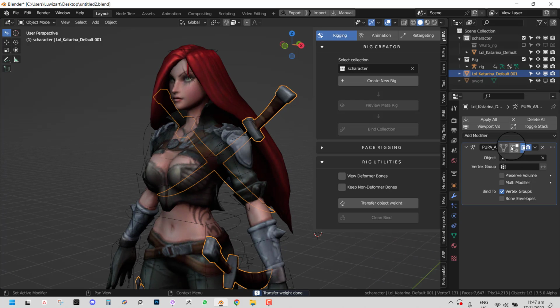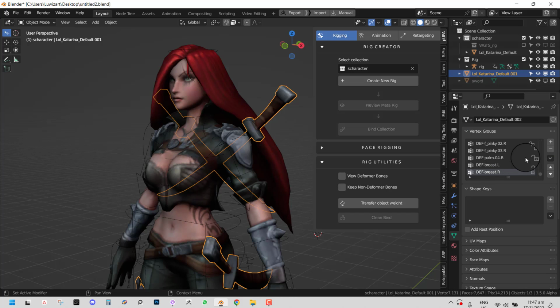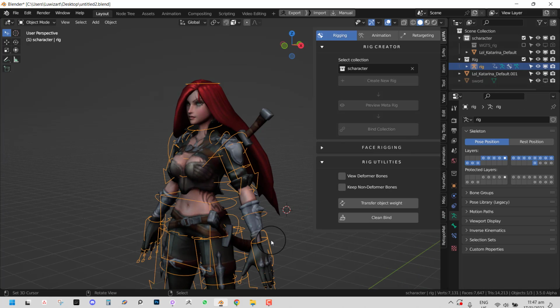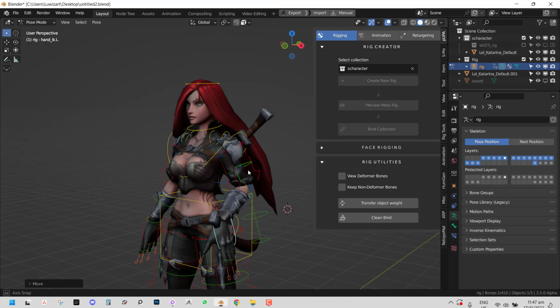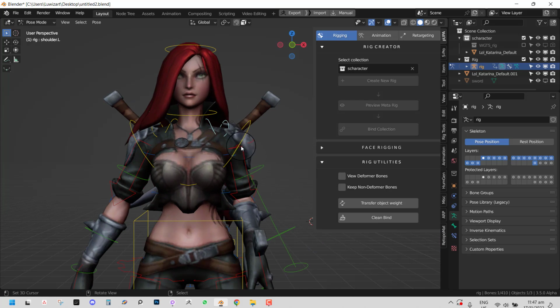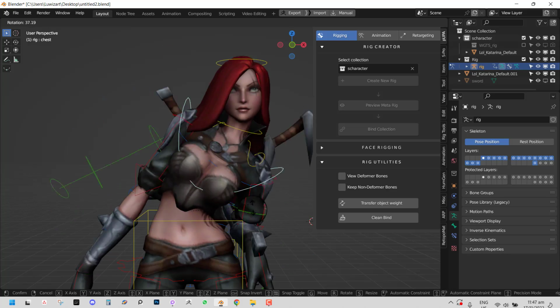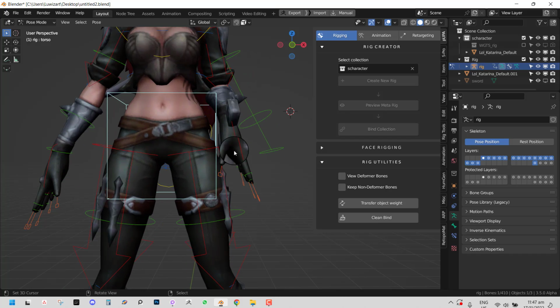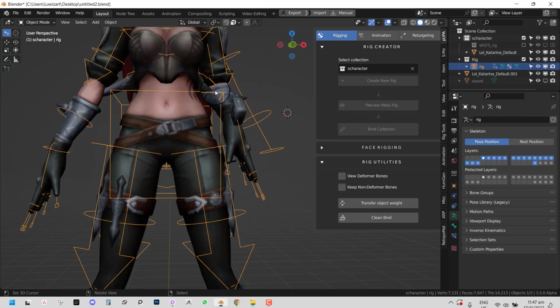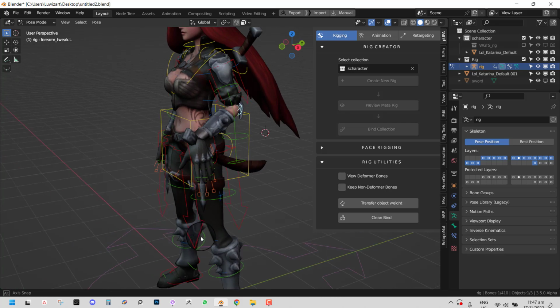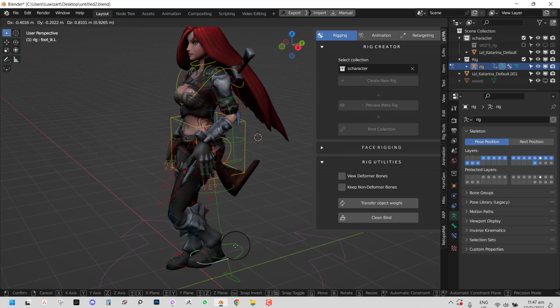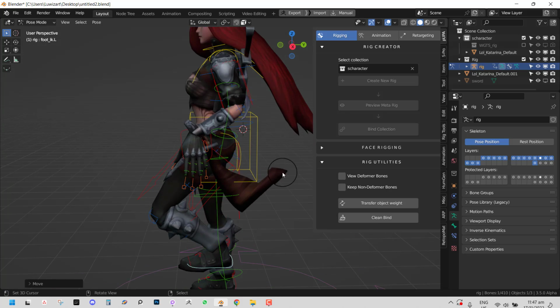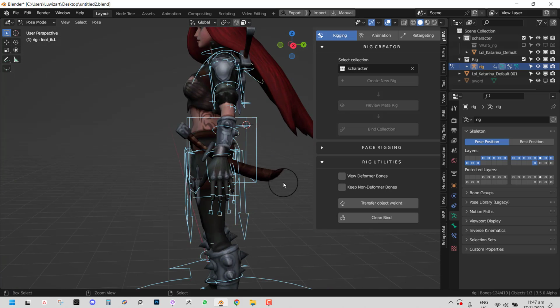So if we select this, we can see we have a new armature modifier, and it's named Pupa Armature. And we can see we have a new vertex group for this asset. So now when we move this, we can see it's working. And we have the asset combined. So earlier we had this separated and it all works nicely. So we can move the leg, see that it works. Of course, there's some parts that will not work well, which you can quickly fix